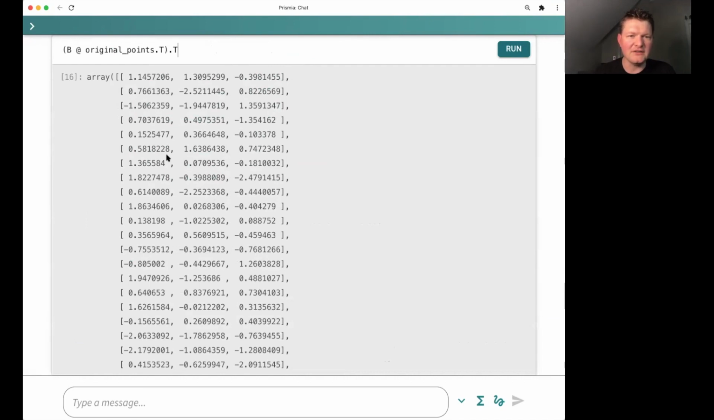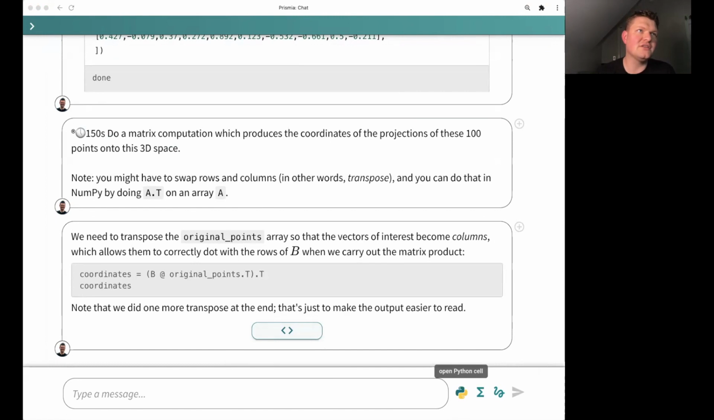And that looks great. So we have 100 rows here, and each one is now 3 columns instead of 10 columns. So we reduced the dimension from 10 down to 3. And we want to try to figure out how much we lost when we did that. If we want to check that the projections really are close to the original points, then I'll skip straight to